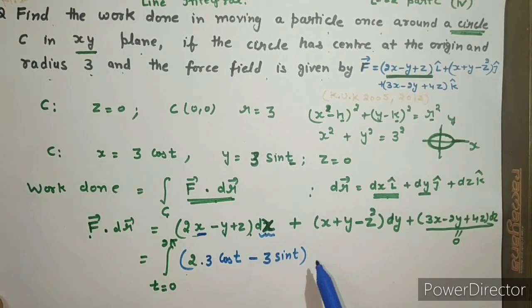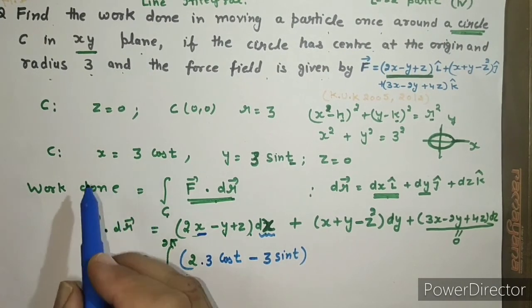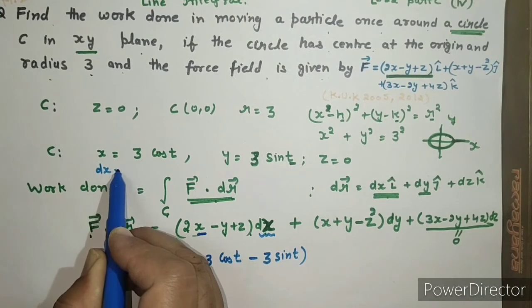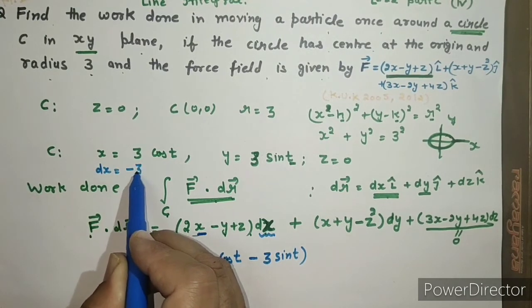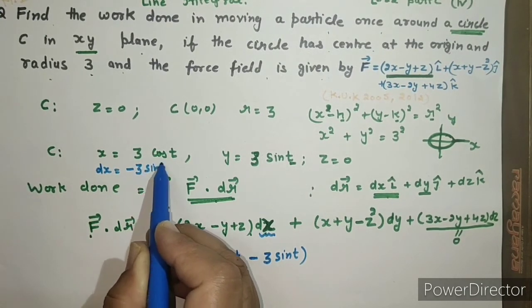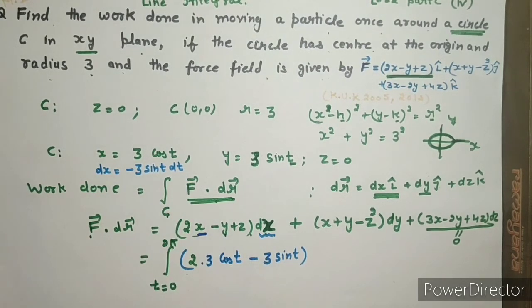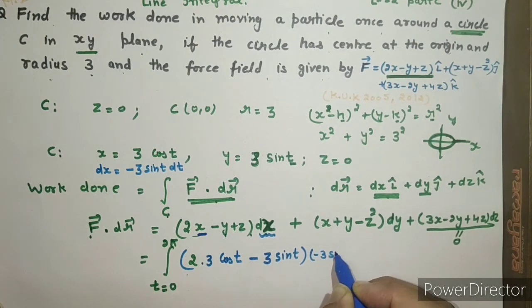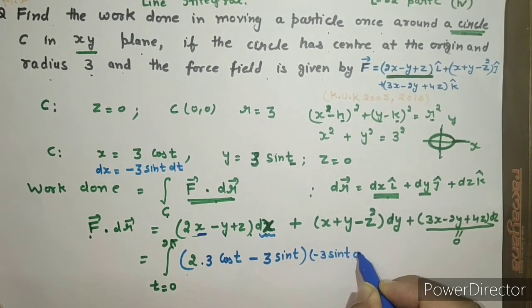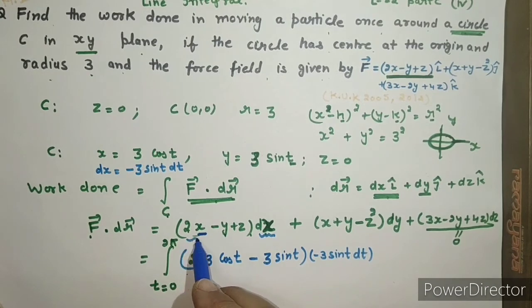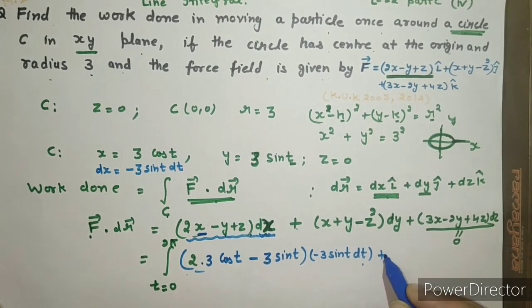Now what is dx, dx तो यहाँ से आएगा, तो dx कितना बनेगा, dx is equal to minus 3 sin t into differential of inside, यानी कि -3 sin t and d of t, तो इस टर्म की वजह से आपको ये टर्म मिल गई, ठीक है।